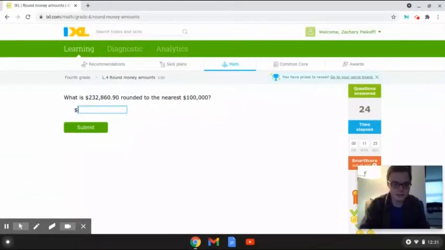Okay, so this next problem reads, what is $232,860.90 rounded to the nearest $100,000? Alright, so in this problem we are given $232,860.90, and if we look, the number 2 is the key digit that we're going to be looking at, so that's the number that we're going to be rounding to. And if we look to the right of the number 2, we have the number 3, and the number 3 is less than 5, so that tells me that this number is going to round down, and it will become